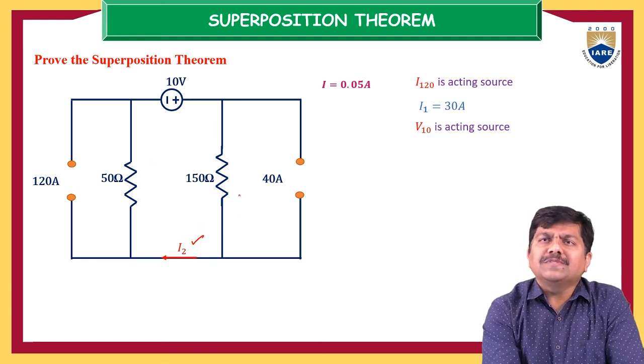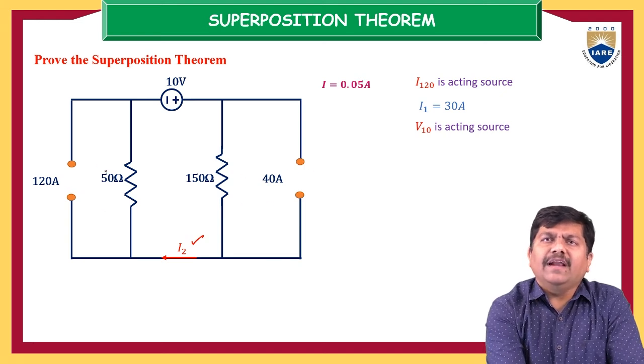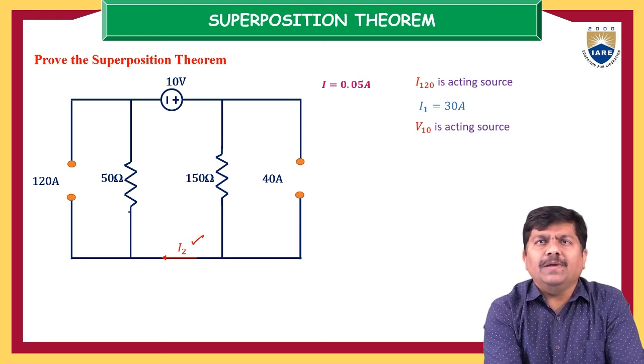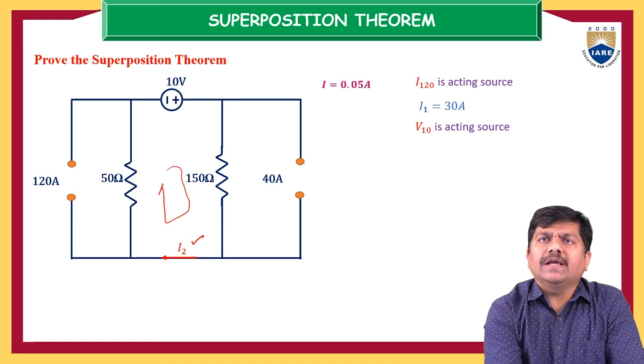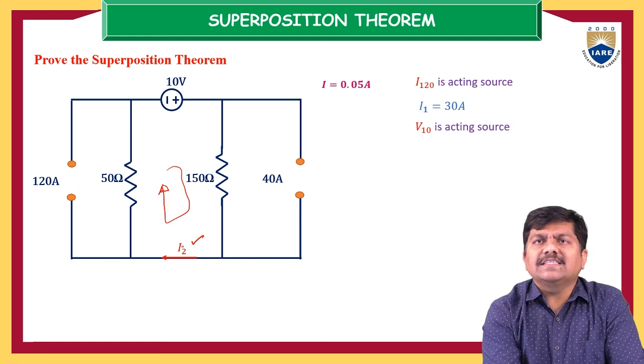So how many loops are there? Of course this is open circuited, so nothing will flow here, and in the first loop also nothing. Basically these cannot be called loops, I'm sorry to say. So this is the loop here, because it is a completely closed path, and then one voltage source is there, two resistors are there. This current and this current are both the same in magnitude.